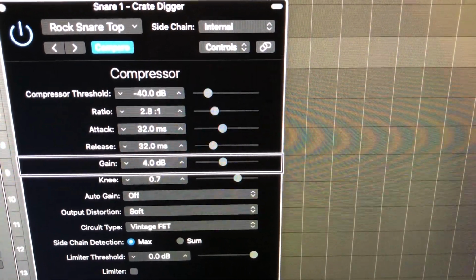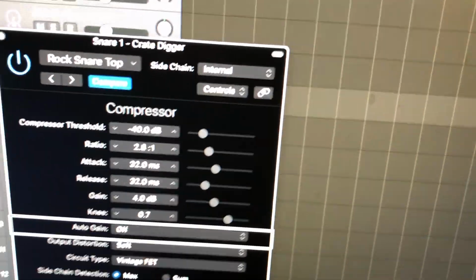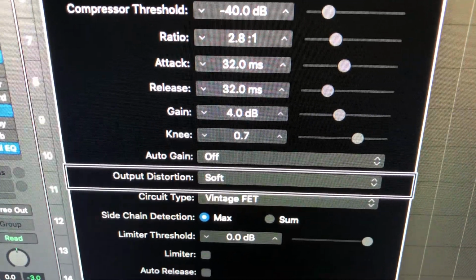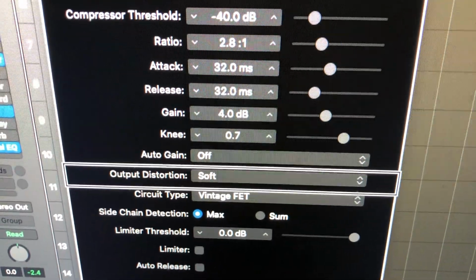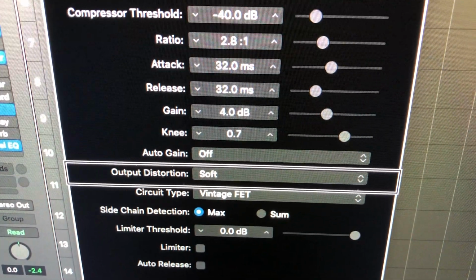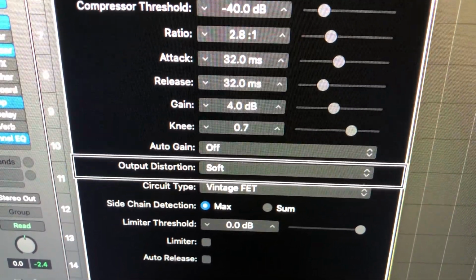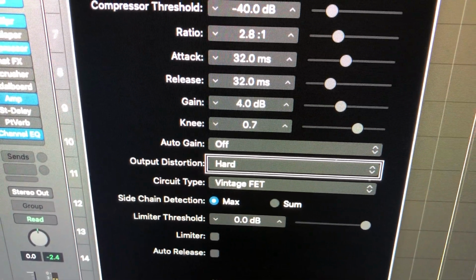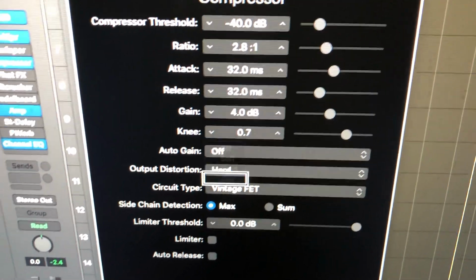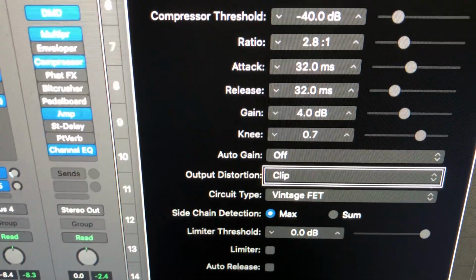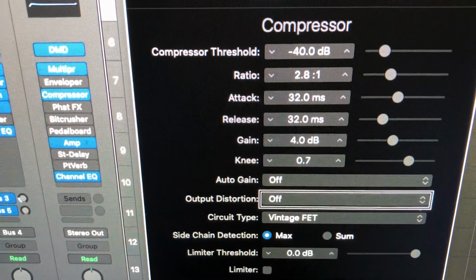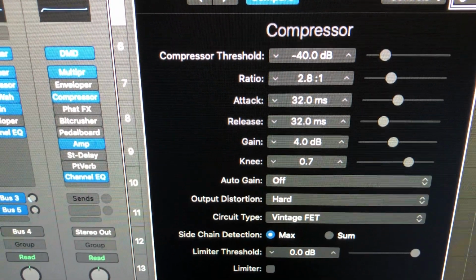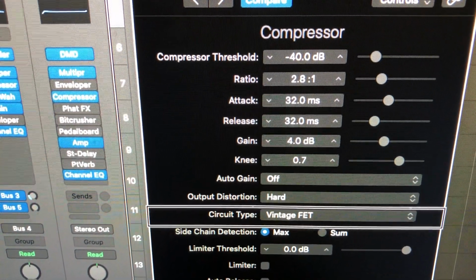There are some other parameters in here too: knee, auto gain, output distortion. It's set to soft. You can have it distort a little bit because these are based on analog models of vintage compressors from the 60s and 70s. So let's put it on hard and see what that sounds like. Cool. Why don't we try clip? Off. Let's take it and put it on hard. And if you want to turn that distortion up a little bit too,